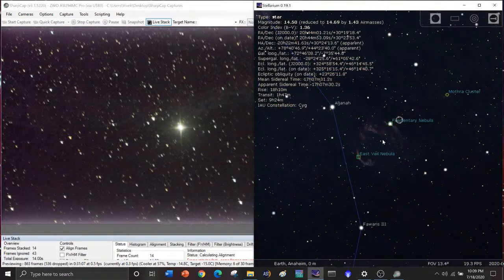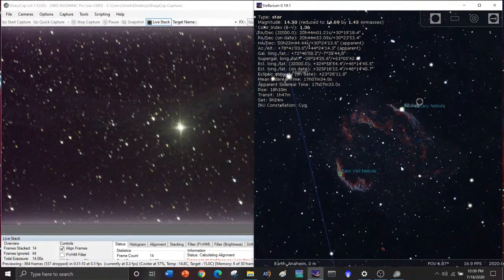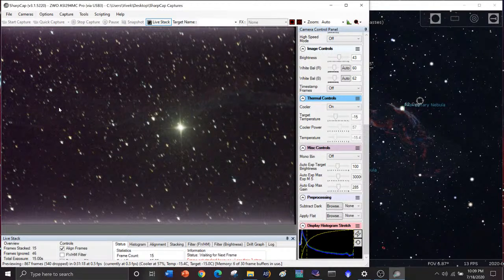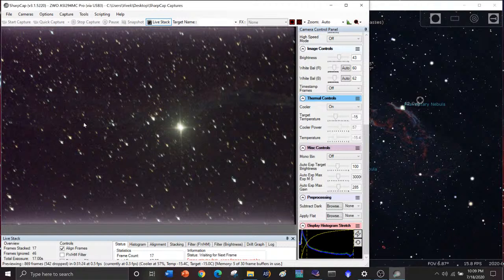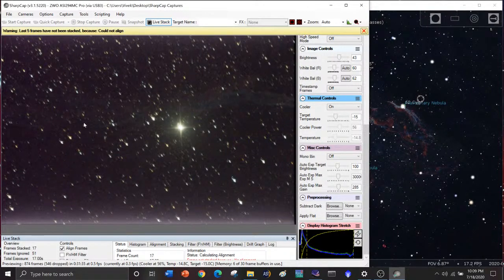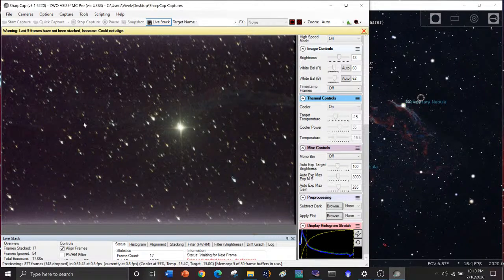It's in Cygnus, but it's a very large part. It's plenty of full moons across, probably like 12 or so. But this is just the western part we're looking at, the remnant of a supernova. Okay, everybody knows what a supernova is, I assume? Well, if you don't, a supernova is when a fairly massive star finally runs out of hydrogen in its core, the core collapses, it rebounds, and then the star basically explodes, and you have the outer parts of the star thrown off into space, which is what this nebula is one part of,